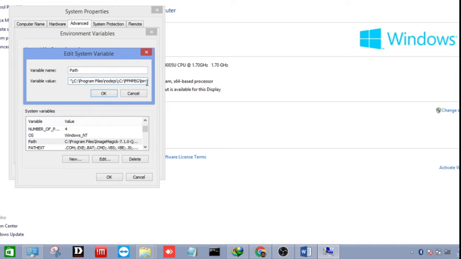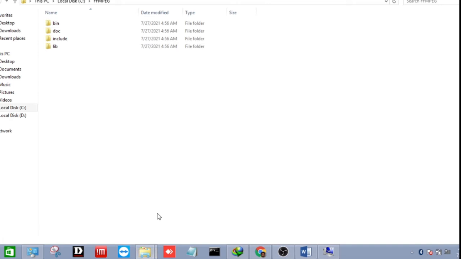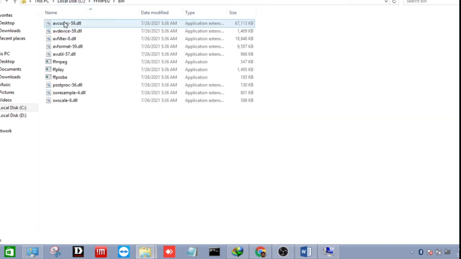At the end you can see that I have added the path C:\FFmpeg\bin with the semicolon because previously it was not there. So you can see that in the end there is nothing. If you have to add some bin path after this, then you have to include a semicolon. So I have included the semicolon, and after that the bin path of FFmpeg. And what is this bin path? This is the path where this bin folder is present. So this is the whole bin path.